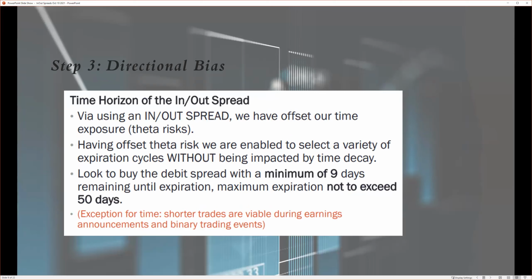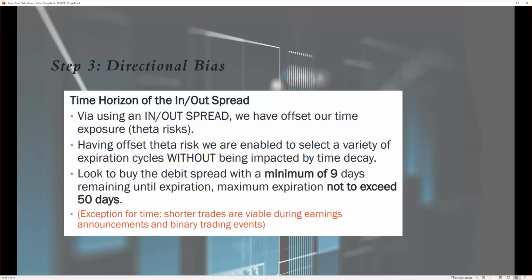So directional bias, step number 3, time horizon of the in and out spread. Using an in and out spread, we offset our time exposure, the theta risk, as I explained earlier, which is why we offset it. So the time that we're going to take is not really related to the theta. It's going to be related to other aspects that we have to take into consideration. Since we have offset the theta risk, we are able to select a variety of expiration cycles without being impacted